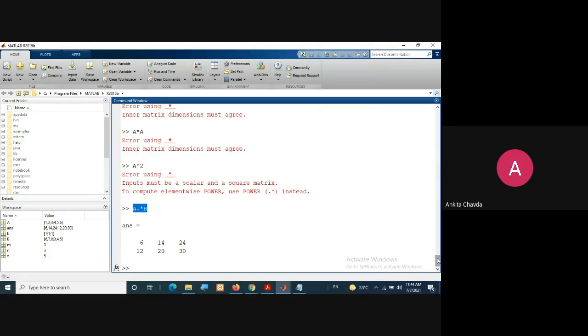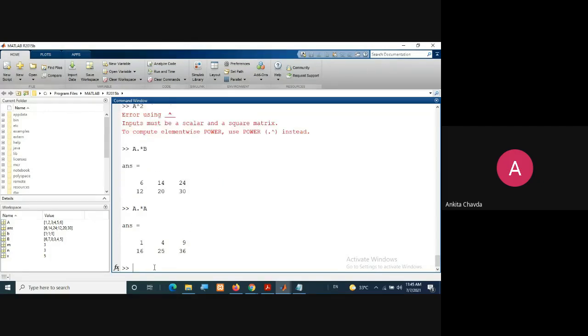So it will work. Same way, A dot star A means you are doing A into A, but element-wise. And if you do A dot raised to 2, then it will work.